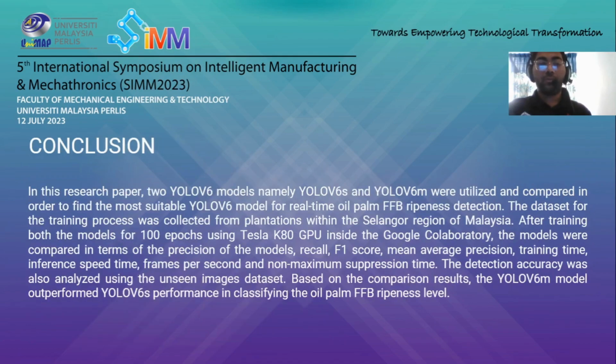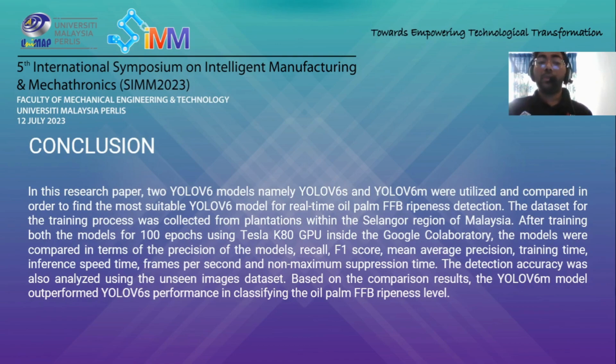Alright, moving on. Lastly, the conclusion. So in this research paper, two YOLOv6 models, namely YOLOv6s and YOLOv6m models, were utilized and compared in order to find the best suitable YOLOv6 model for real-time oil palm fresh fruit branch ripeness detection. The dataset for the training purpose was collected from plantations within the Selangor region of Malaysia. After training both the models for 100 epochs using Tesla K80 GPU inside the Google Colaboratory, the models were compared